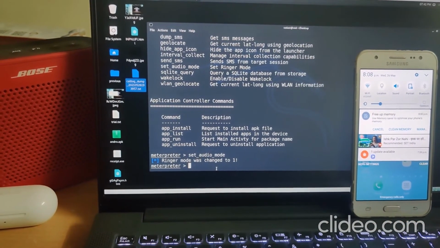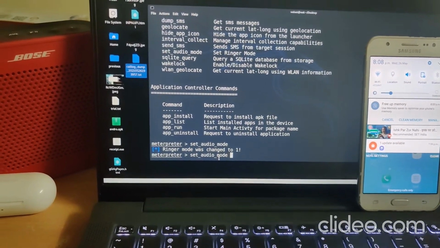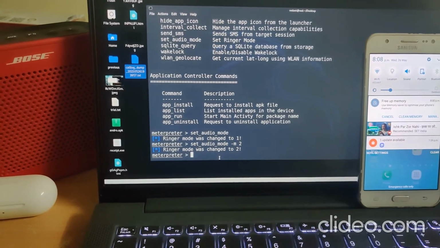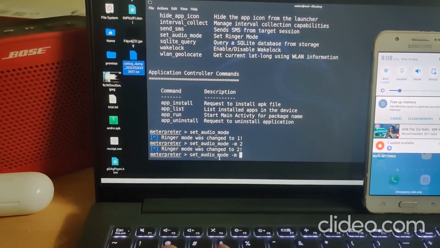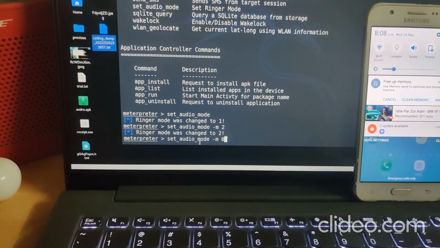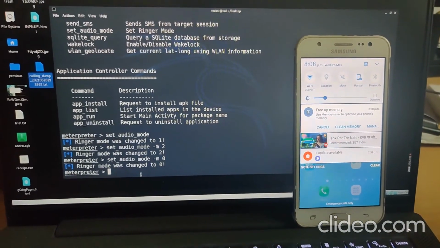We hit enter. I'm just going to give 2 over here. Let's try with 1. Let's try with 0. So as soon as I hit enter, the profile turned to mute over here.